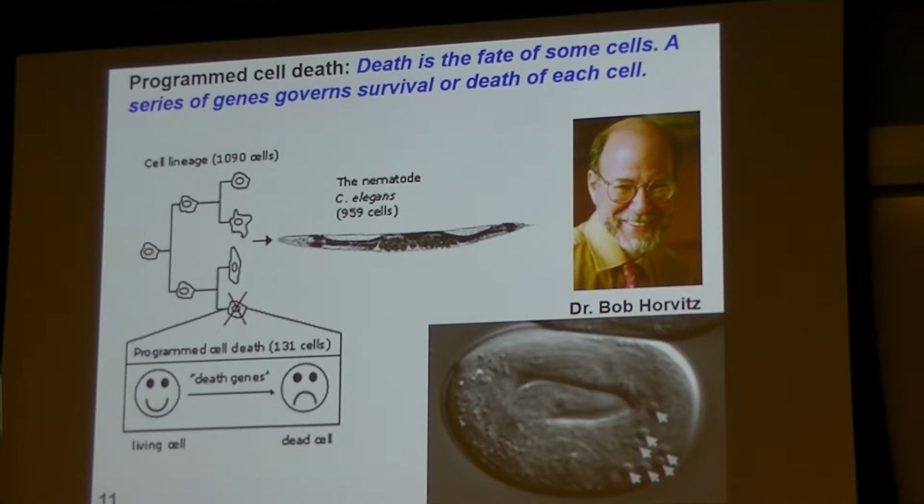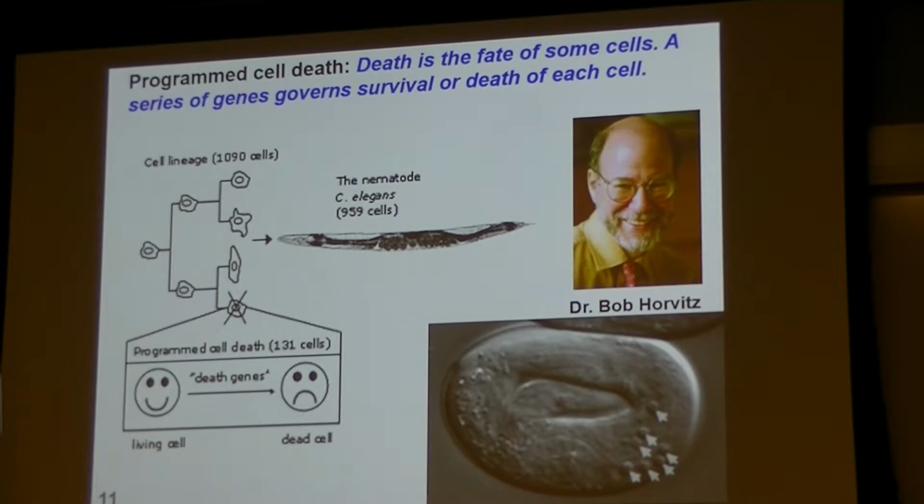If any of you are taking genetics this summer, maybe you're starting to think, maybe there's a gene for that. It's sort of like there's an app for that. Well, there's a gene for that. This is Bob Horwitz, and he has done these studies using genetic screens to find phenotypes where too many cells are dying, so that's not normal, or too few cells are dying, which is also not normal. So what is it that can cause exactly 161 cells to die? Well, he found an entire pathway of genes that cause this gene-regulated cell death or programmed cell death in the